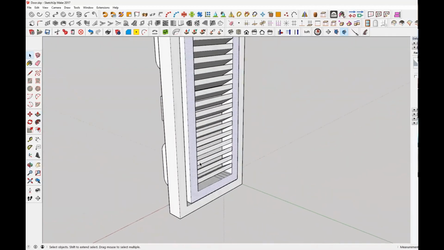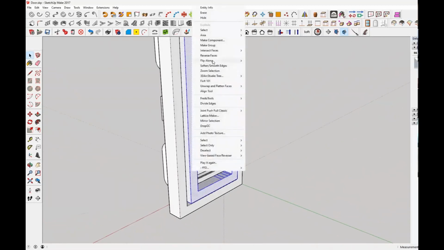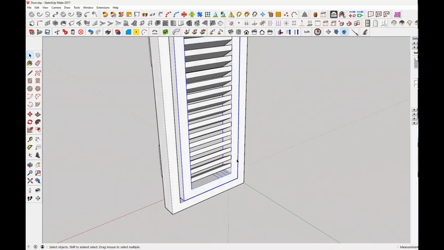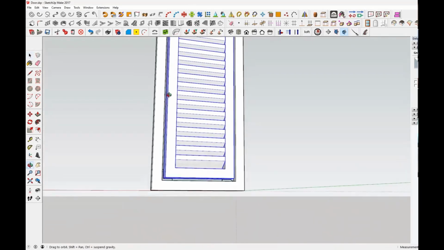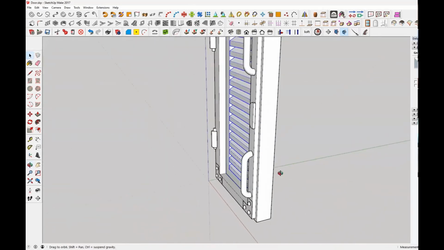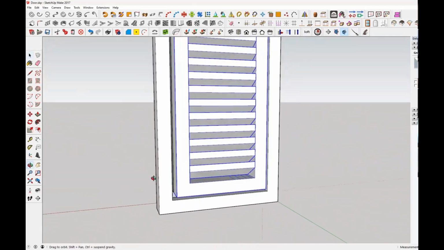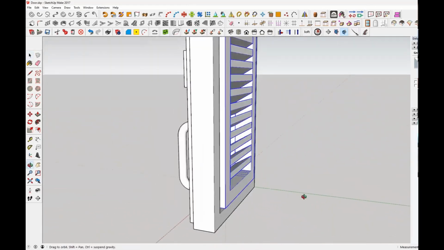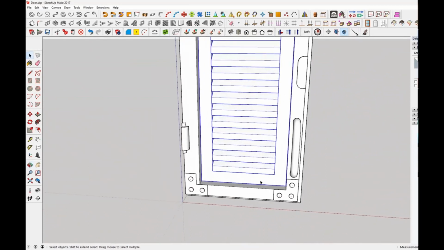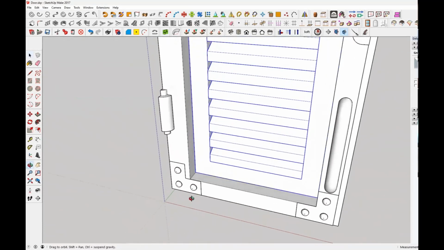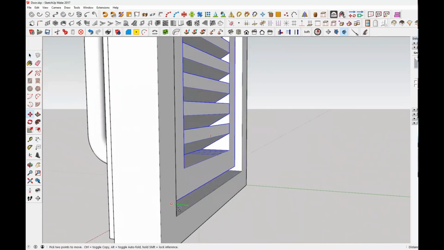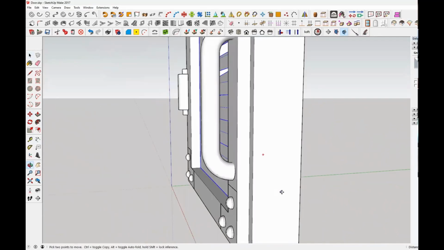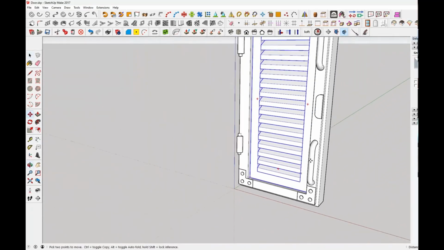Triple click, right click, make that a group. So we've got the frame, and we do a control with the louvres, right click, and make that a group. And then, why is that not? For some reason the front is different to the back. We'll have to fill that in. Anyway, I can move it to the back, can't I? We'll click on there and move it along the green axis till it comes flush with the back. And then we've offset the panel